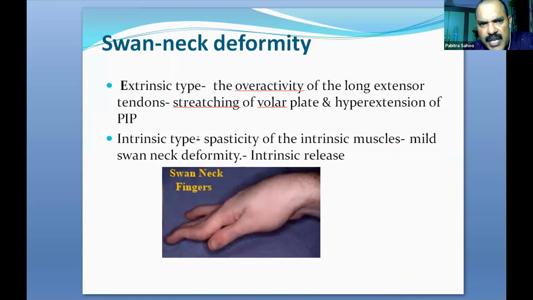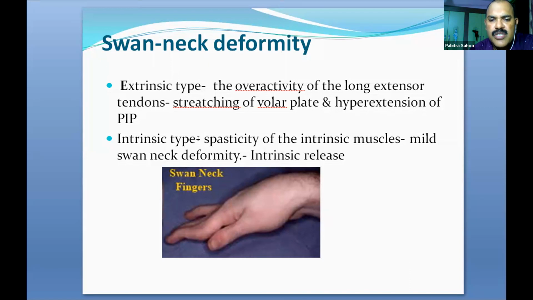Next part, deformity is swan neck deformity. It is just like swan neck deformity in rheumatoid arthritis. There are two prominent causes of swan neck deformity possible in case of a cerebral palsy child. In the extrinsic type, the main cause is the overactivity of the long extensor tendon, especially the central slip of the